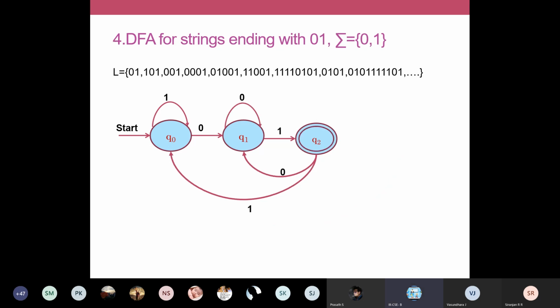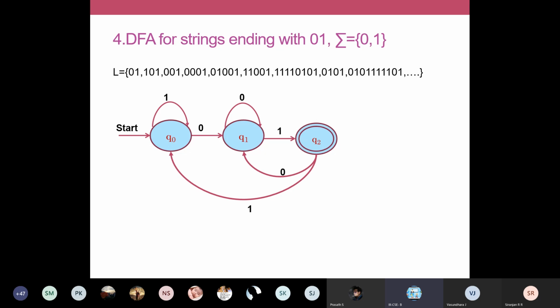So in substring what we saw, in ending with, this is one more thing: in the previous problem for all the ones we went to the initial state Q0, but in this problem, ending with 0 1, for certain symbols we go to Q0, for certain symbols we go to Q1. Here also it depends on what has been read earlier. Okay, so Q2 has earlier read 1. So you have to remember that also.